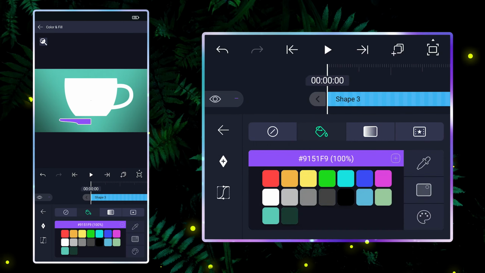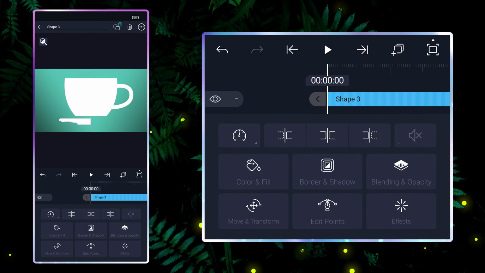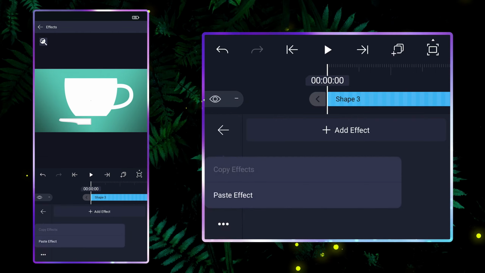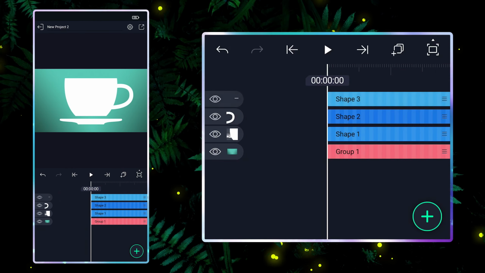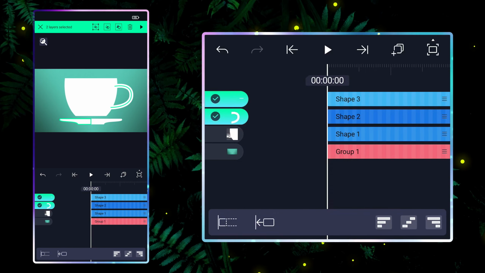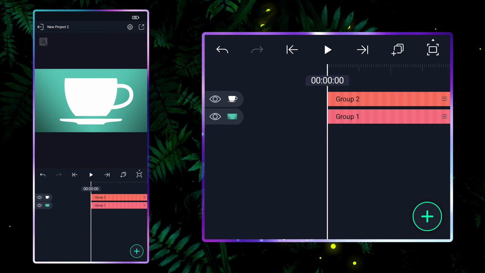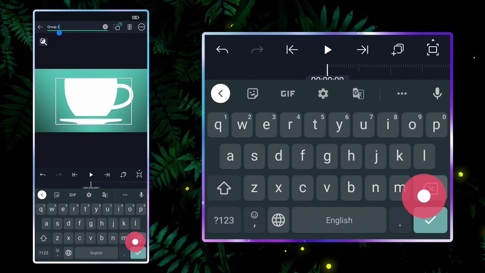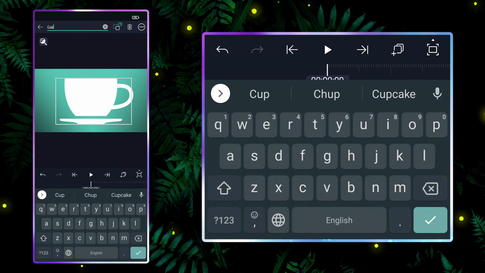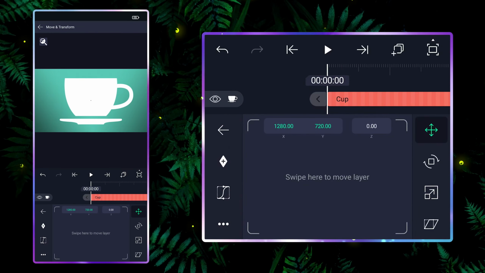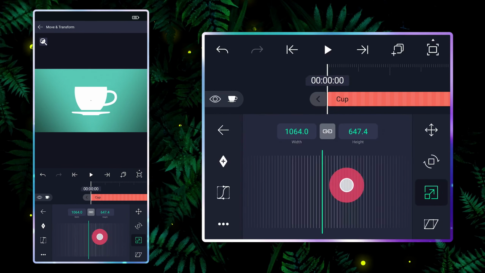Make it white and paste the mirror effect. Select all 3 parts and merge them. I'm renaming this layer to cup. Make it smaller and adjust its position.